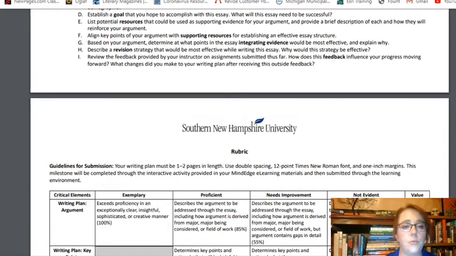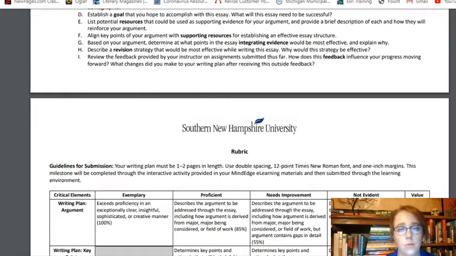Okay, and then review the feedback provided by me as well as your peers. Unfortunately, one of the drawbacks of online learning is not all of us are as invested in our discussion forum and workshopping activities as the rest of us, and that happens. We're all different people, bringing different situational standpoints to this classroom. But if you happen to be in a situation where your peers did not review your paper, that is unfortunate, and I will do my best in addressing that. Go ahead and focus on my feedback to you.